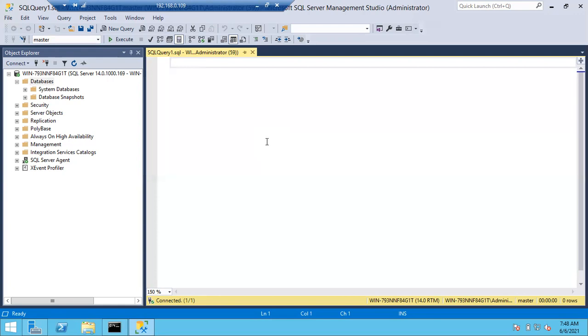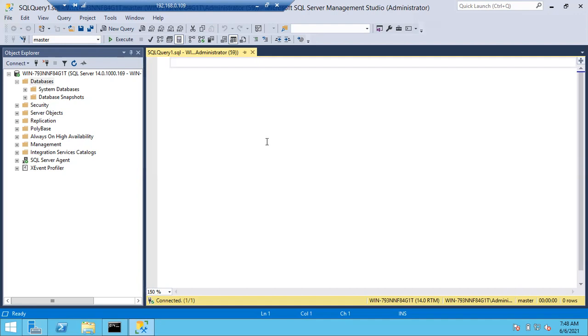But with create queries, the customer is asking you to select one database, but sometimes customers don't mention the database name in the tickets. It is our responsibility. We have to ping them, ask them, and tell them, please update the database name in the ticket. So make sure again and again, while running the queries, you select the proper specific database to run the queries. Okay, right. So let me quickly create a new database today.